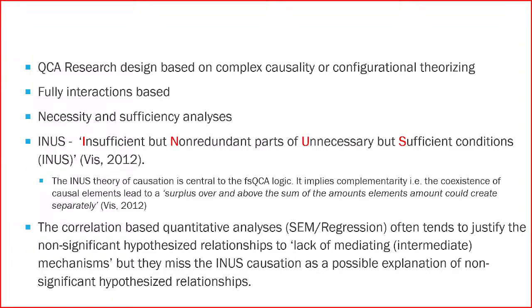Essentially, it says that the individual conditions may not be by themselves significant enough to cause an outcome, but when they combine, they would generate that surplus over and above the sum of the amounts they could create separately. That's the INUS logic, so combinative logic. And then instead of regression or those statistical analyses, what it does is called necessity and sufficiency analysis. Simple set theory, Boolean logic, AND and OR,